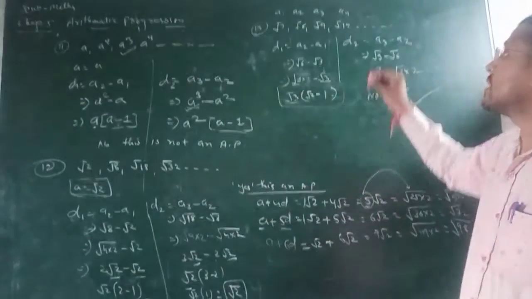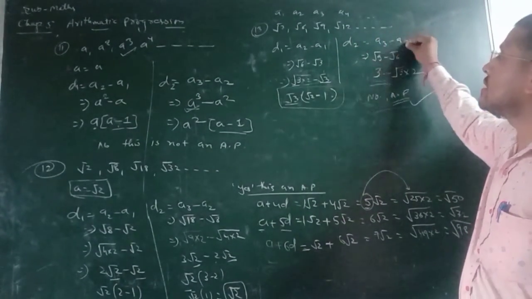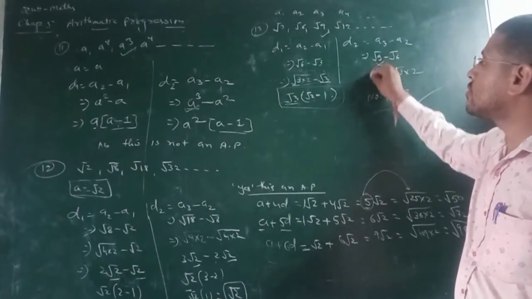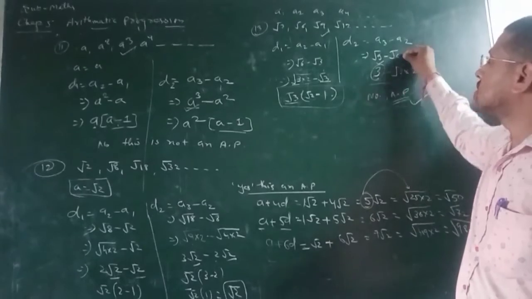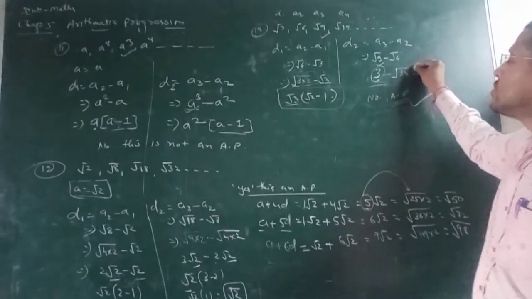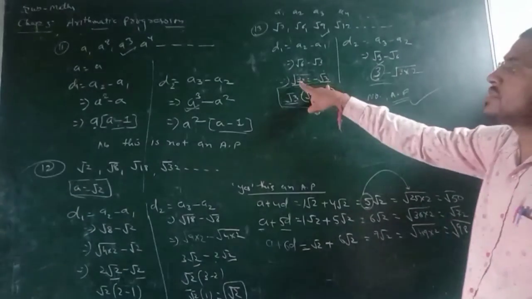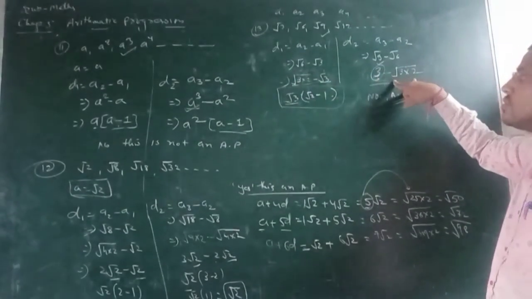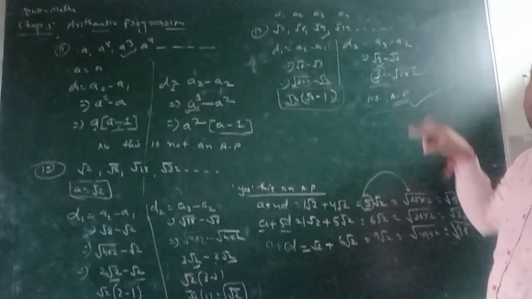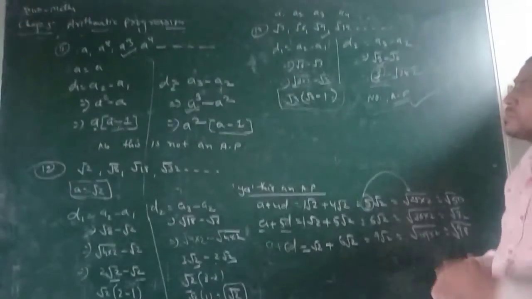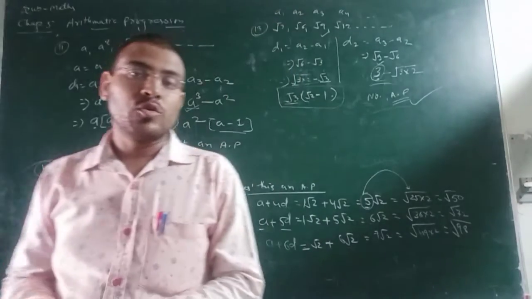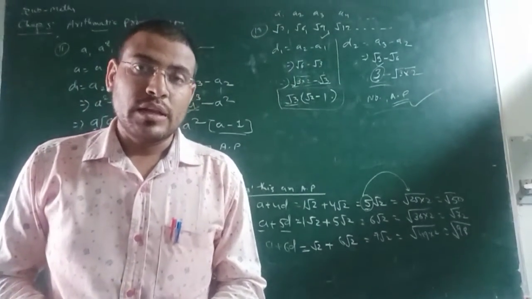We have decided over here d2 is equal to a3 minus a2. Your a3 is root 9. 9 will open and convert into only 3. Minus root 6, which will be root 3 into root 2. So there is a common thing between both of them, that is root 3. But here it is not given to you in such a manner. There will be no common difference between both of the steps. So that's why it is not to be treated as an arithmetic progression.